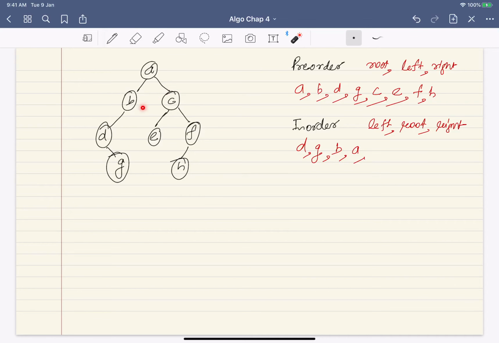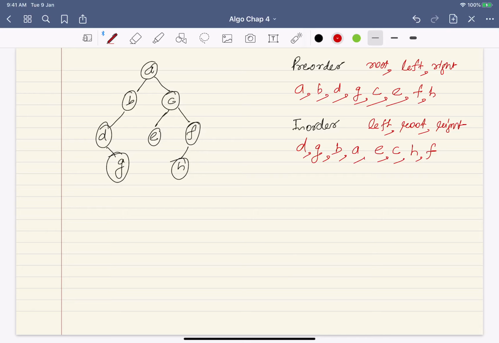Now in the right, again left has only one root, so this will be printed E, then root C, and then here. So here you can again see, so E, C, in this you'll first go to left, H and then F. So you will say E, C, H and F. That is the in order.